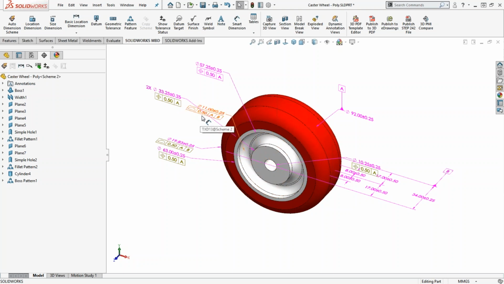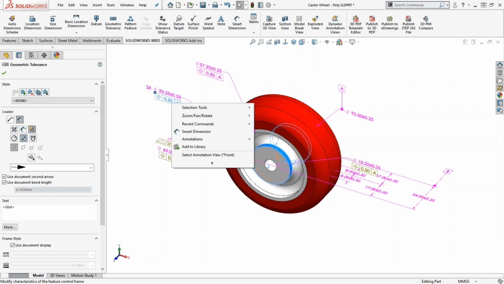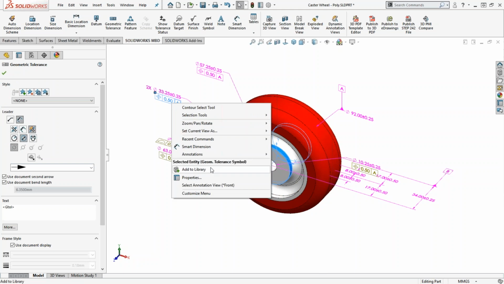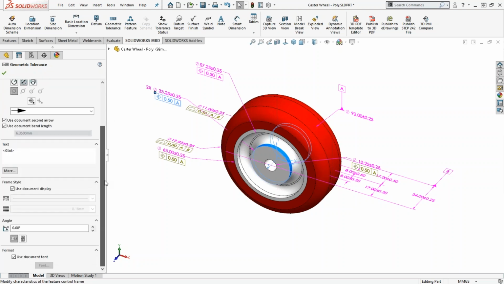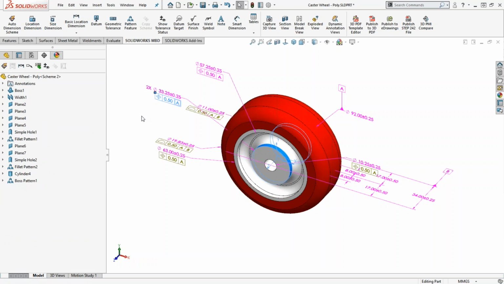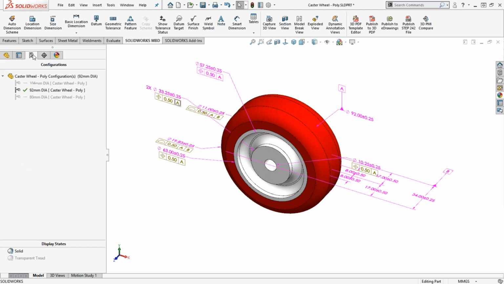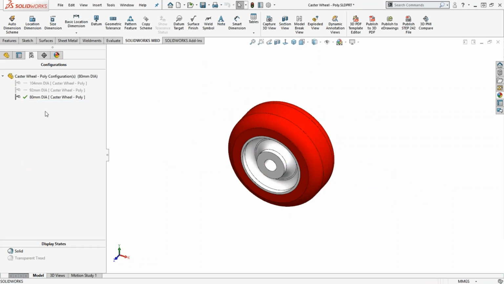So it might be good measure, when you copy a scheme from one configuration to another, to change those situations if they occur in your instance. But a right click or something like that does not really seem to give me any indication of how I can redefine that reference that seems to have been lost. But in any case, it's still fully defining the model. So just food for thought there, guys. I'm not going to spend the time to go back and redefine all these references for each one of these configurations. I'm just going to leave the brown dimensions as is and go ahead and go into the 80 millimeter